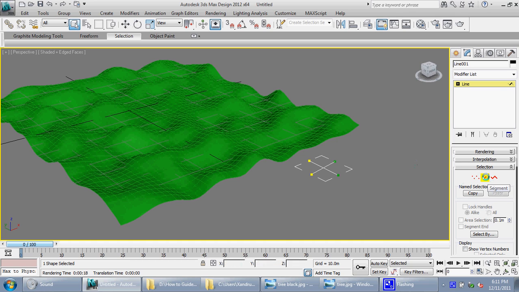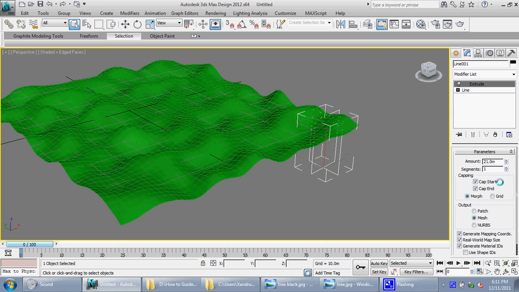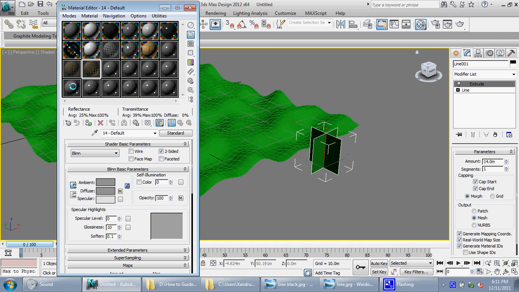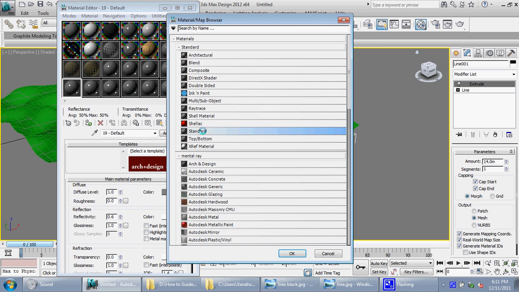You then deselect and you apply an extrude to that, and I think this one will make that 14 meters. To add the material to the extruded line, you need to go to materials. We need to create a new material, so we click on Arc and Design, Standard Material,